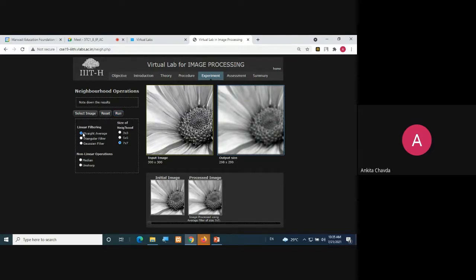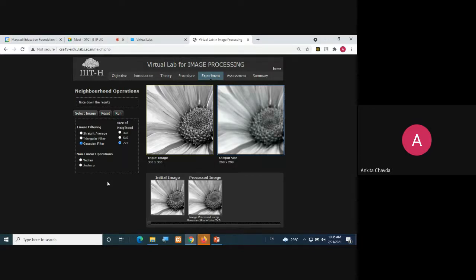When I'm choosing this straight average and 7 cross 7, it is much blurred. And when I choose Gaussian, 7 cross 7 only, and when I run, just see the change, right? Somehow better than the straight average filter. Okay? So please try this.